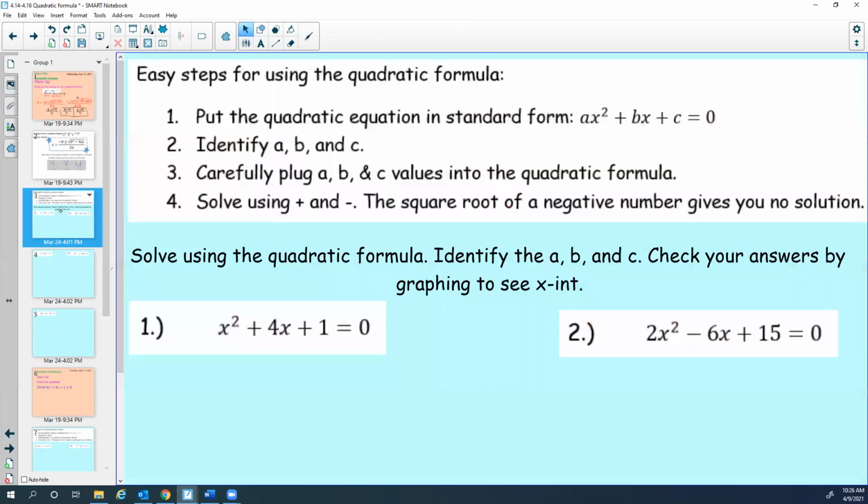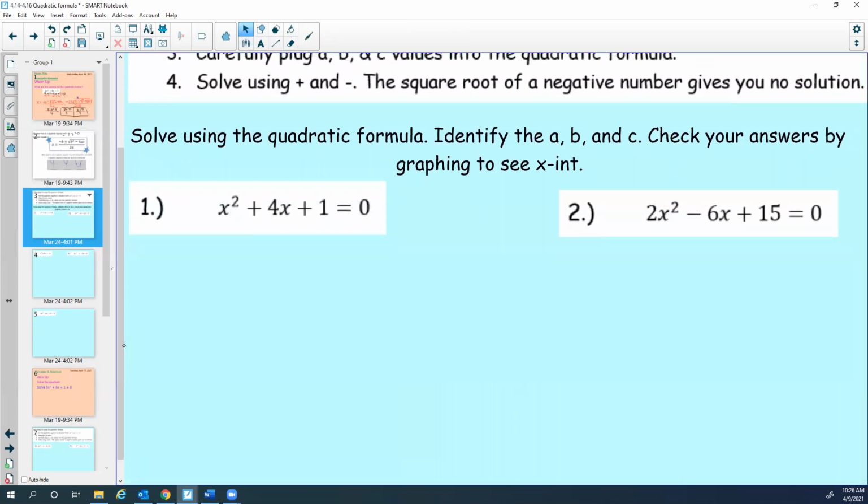All right, let's take a look at another one. Okay, so here I got this one here. I got x squared plus 4x plus 1. Again, let's go ahead and identify our A, B, and C. So my A is 1, B is 4, C is 1, and I know that because I am equal to